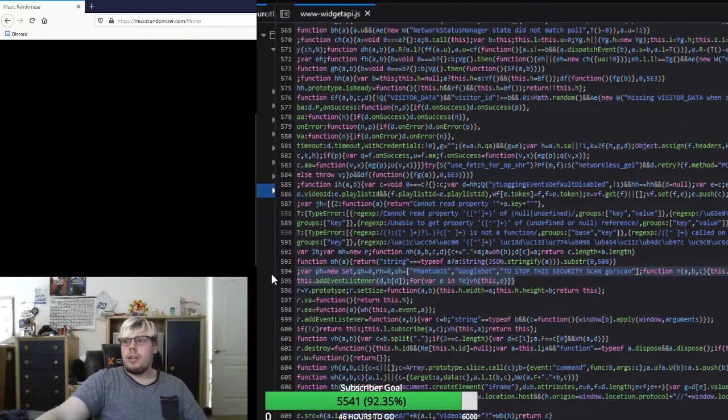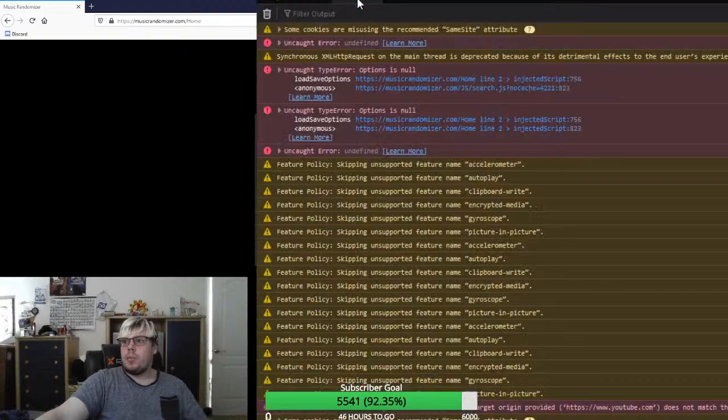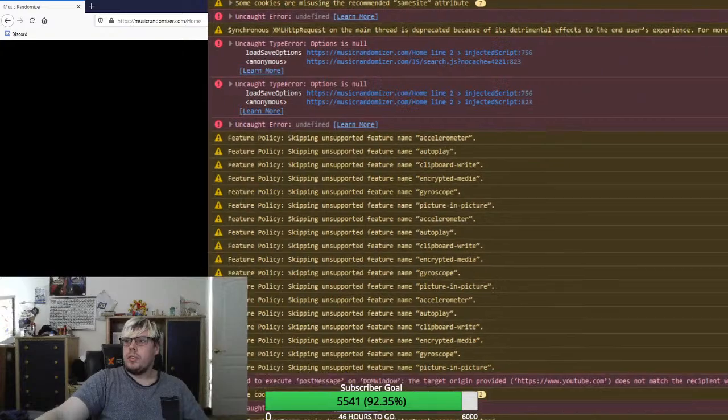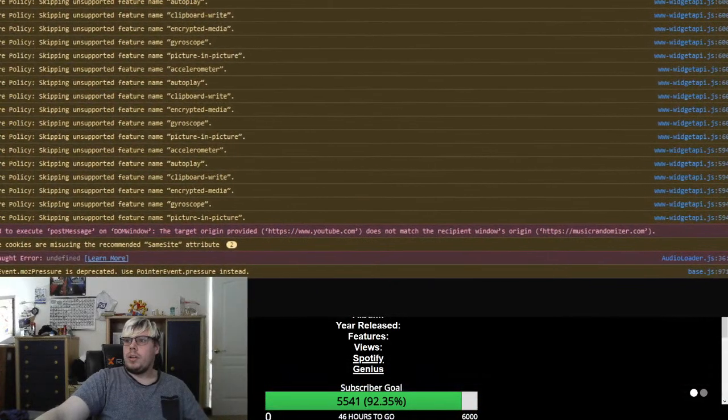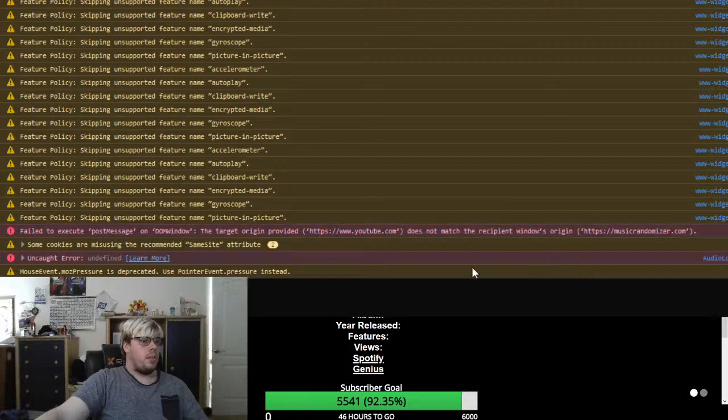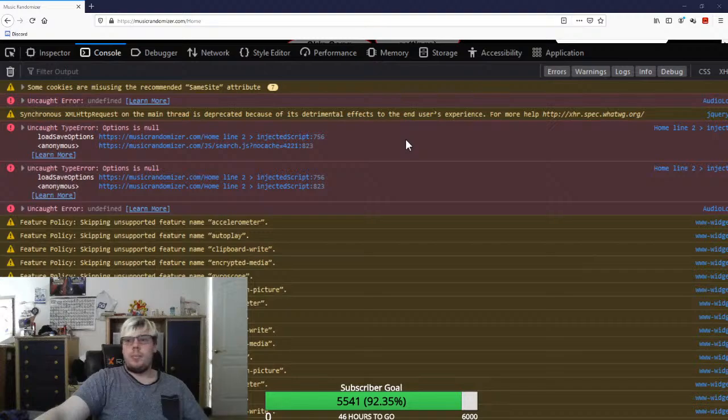I feel like a lot of this has to do with the fact that it's Google. It's sort of like a Google API thing. I don't know exactly what all this means here, but it just gives these errors. And this error doesn't matter, because this error shows up on Chrome too. These ones up above, this is only because,